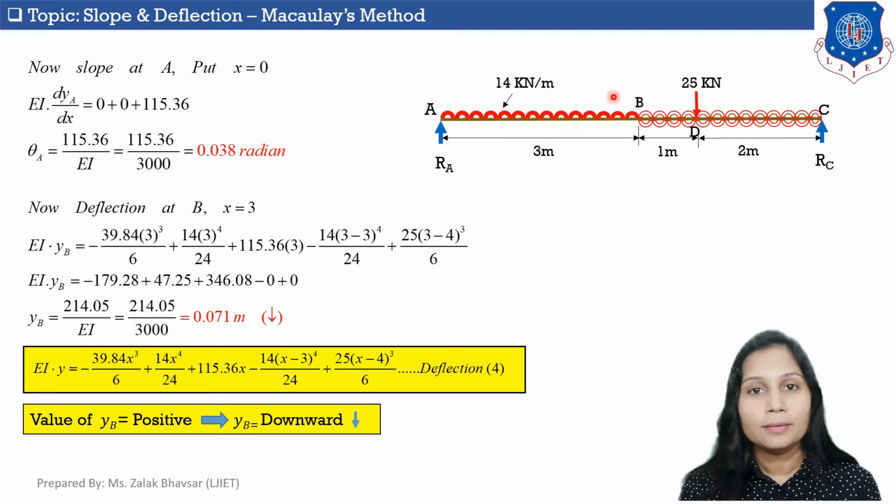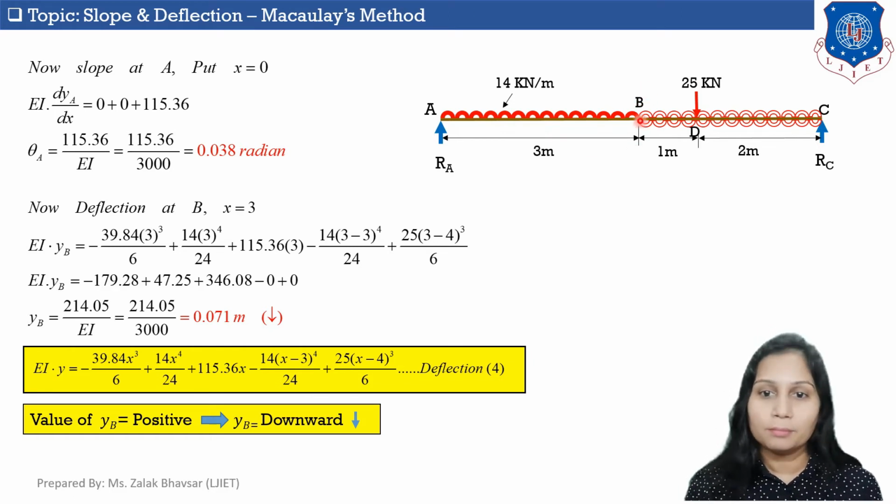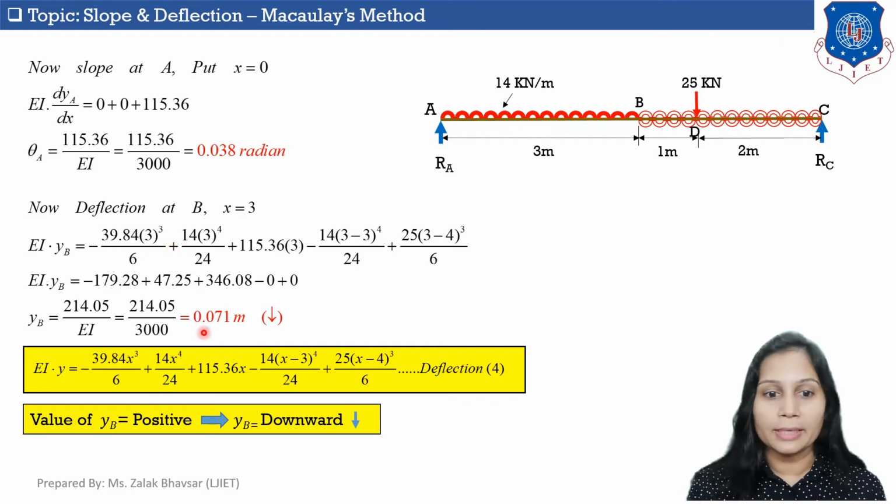Then we will get deflection at point B. So if I put x is equal to 3 in equation number 4, then I will get EI into YB is equal to minus 39.84 3 cubed by 6 plus 14 3 raised to 4 by 24 plus 115.36 into 3